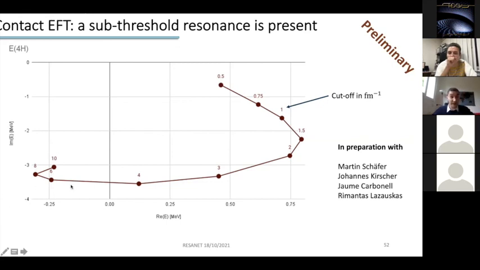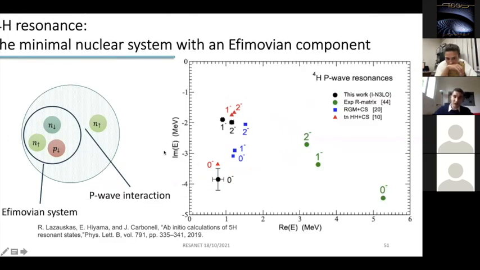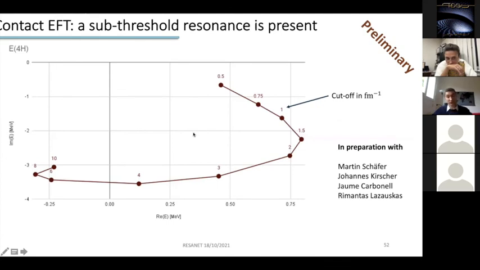But theoretically, this pole is here, meaning that using subleading contributions, it is possible to move it back to the physical region. And actually, this pole is not really bad because the imaginary part of the energy is around -3. It's just subthreshold, so it would have been here if I had plotted it in this graph. So it's not very far from the other theoretical prediction. But the important point is that this pole